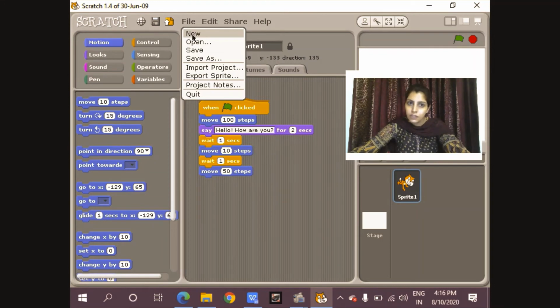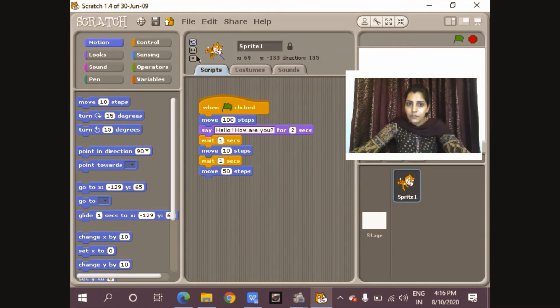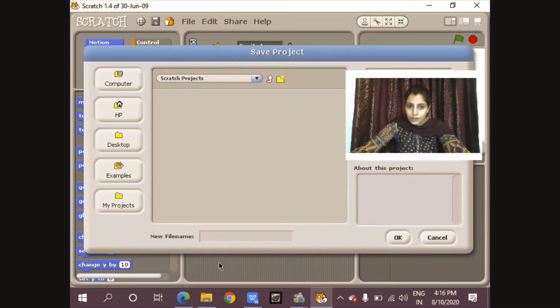Now next thing, I want to save this project. So for saving the project, the command is file menu, save as option, right? Here you have to provide a file name. Like you simply save a file in Word, in Excel or in PowerPoint. The same steps are in Scratch. How to save it?